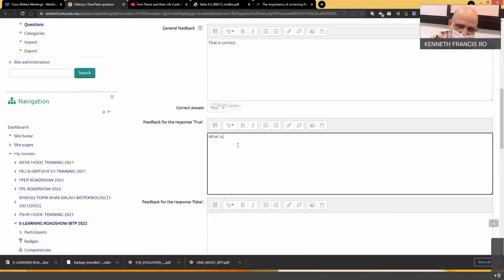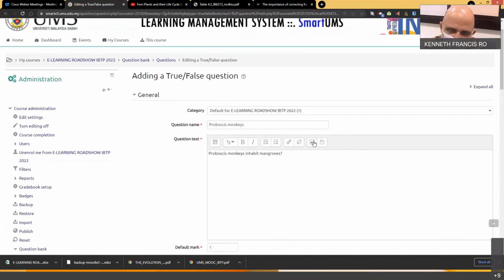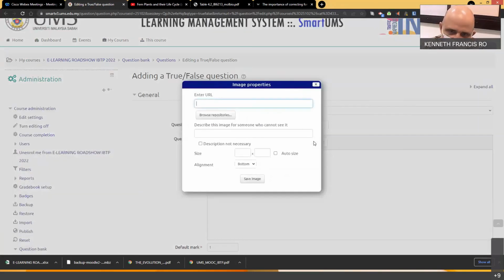What is something, you give them the hint that is incorrect, or you can put a link. Now this one, the good thing about this is you can add pictures over here. You can add a picture here. You can add image file. You can browse and add an image. For example, if you are saying identify this kind of bird, then you can add the picture of the bird,